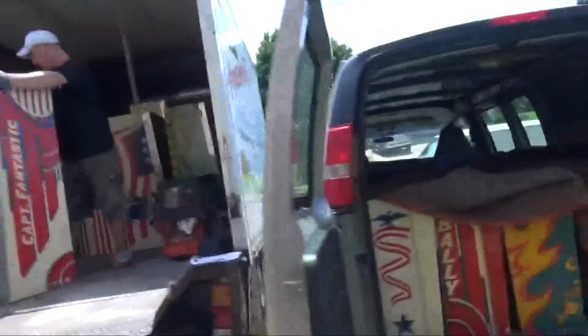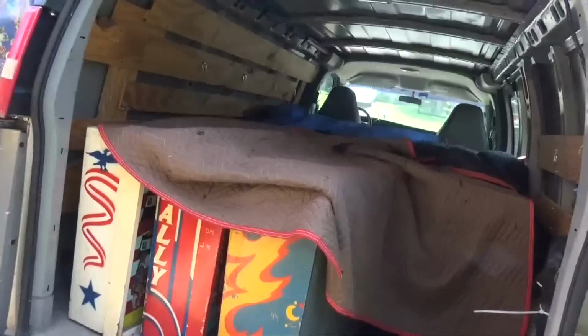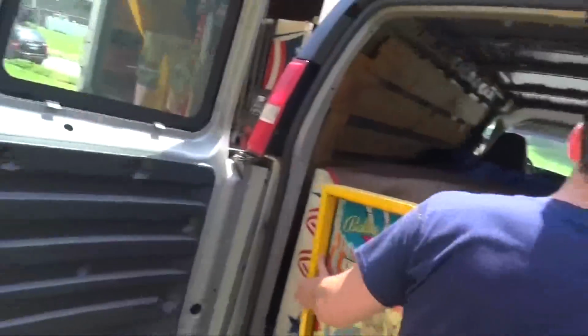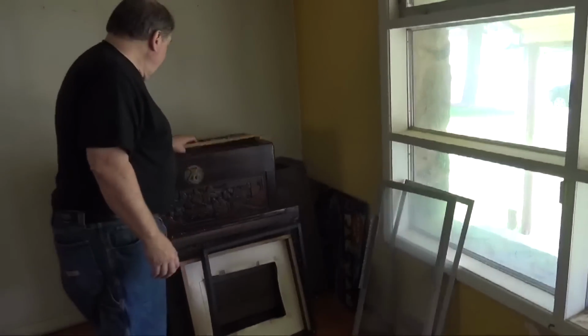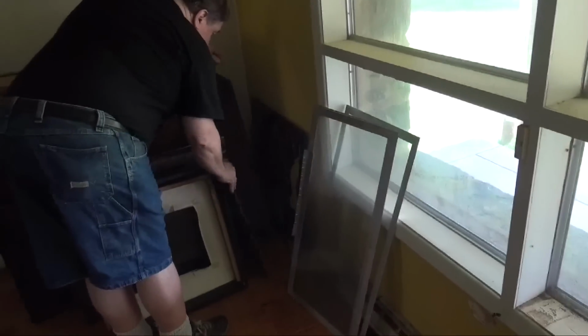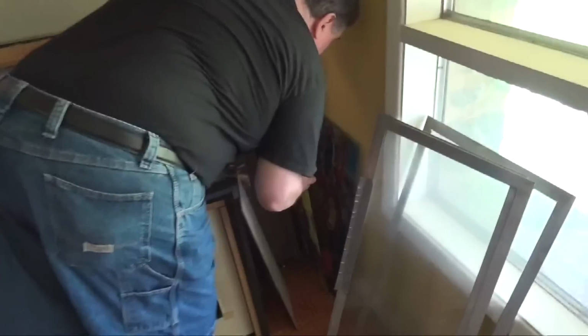Looks like load number 2 is coming to a movie theater near you. Our van is full, but we decided we're going to take a few heads possibly, and then finish loading up. Okay, over in the corner here, look,